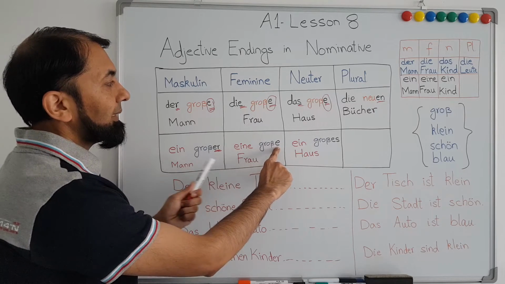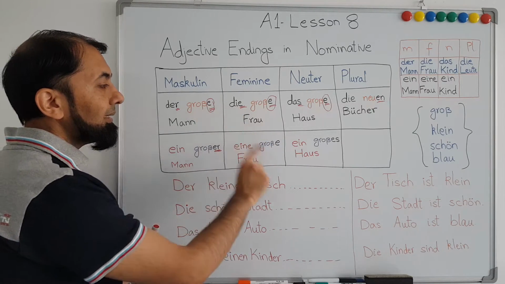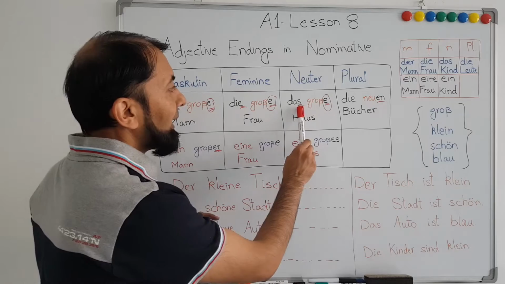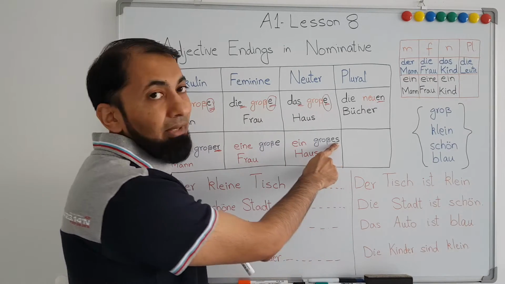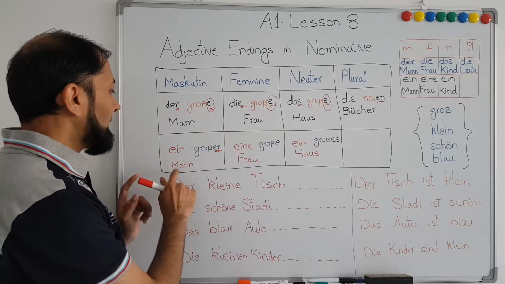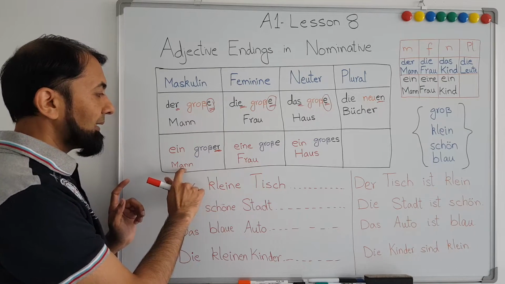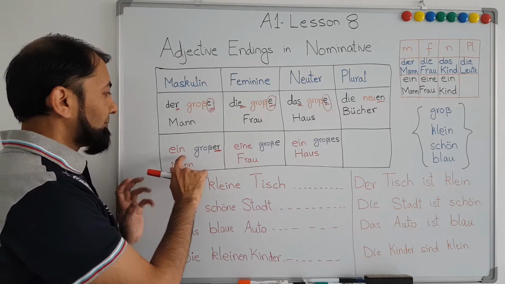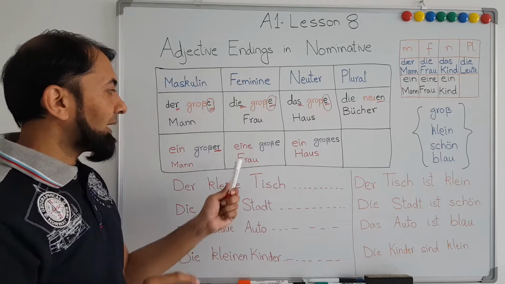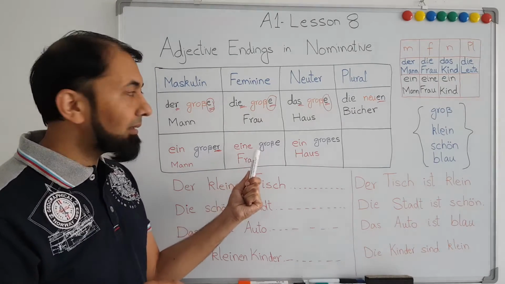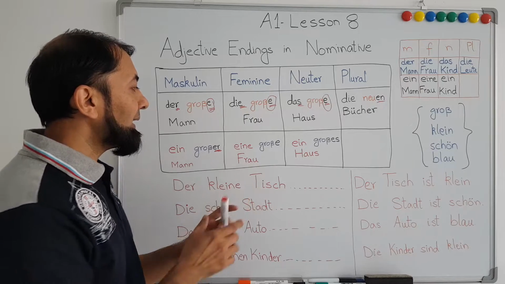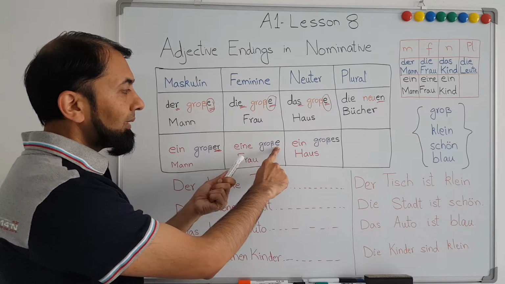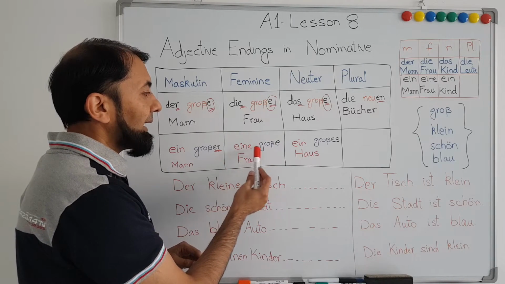Last alphabet, here we had E or A, here again we have A, and here we have S, and here we have again S. So ein großer Mann, ein kleiner Mann, and if we check the feminine noun, then we will add this last alphabet at the end of the adjective, so it will become eine große